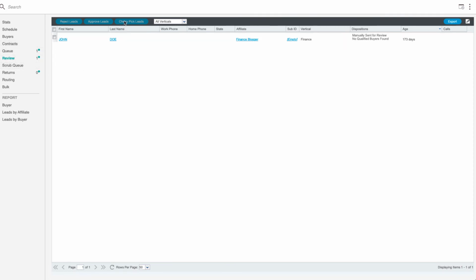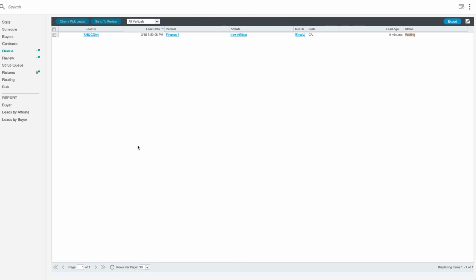We also have this concept called cherry pick. Cherry pick is where you're basically saying, I approve this lead, but I'm going to tell the system which buyer to sell it to. So you know you owe a buyer of yours a particular type of lead, and you want to bypass Cake's logic of selling leads for price priority or based on our ranking priority. So you can cherry pick that lead, and that cherry pick will show up as a unique line item in your schedule. So we'll go back to the queue now,